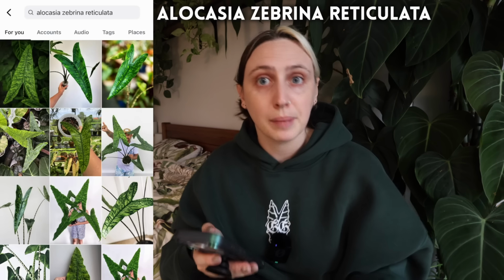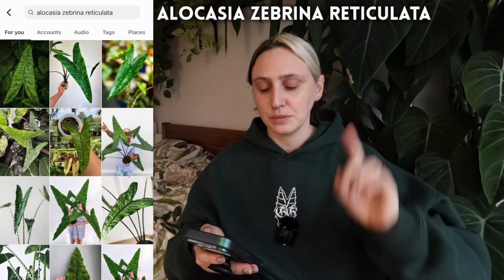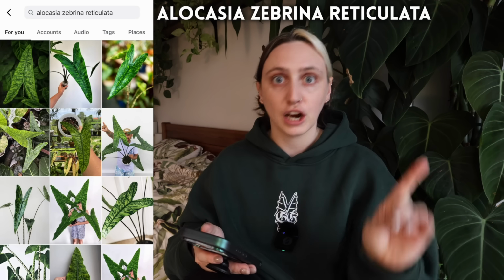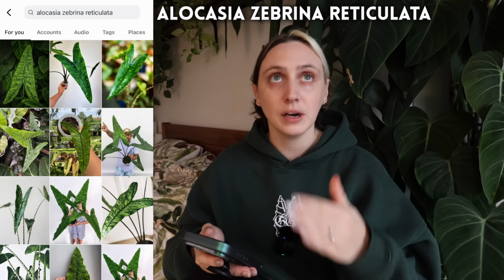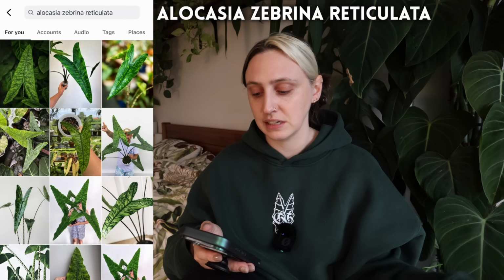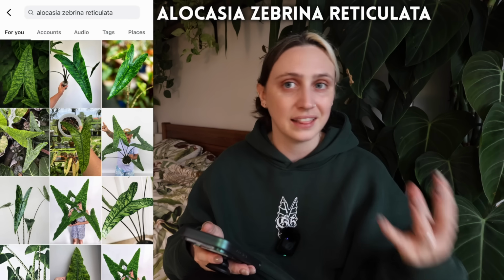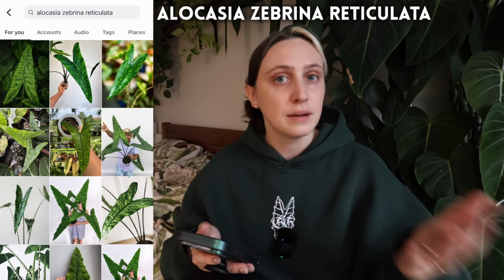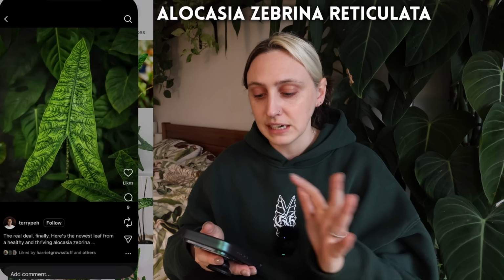Look at that. Okay, apparently I've just lumped all the alocasias together in this list, but this next one is the Alocasia Zebrina reticulata. Oh my god. I talked about how I took the average Zebrina off of my wish list in 2025 because I just don't feel like I need it anymore. I like the zebra stems, but I have plenty of other alocasias that have the zebra stems. I don't need the plain one, but the reticulata,